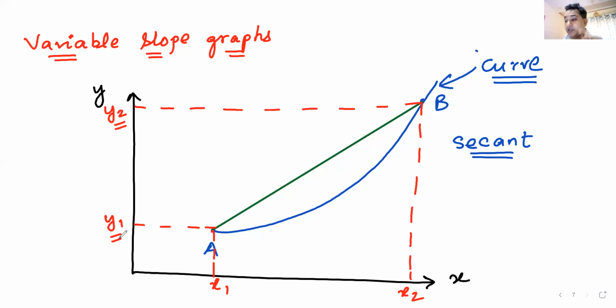Okay. This green line is intersecting the curve at 2 points, A and B, namely, this line is known as secant of the curve. Am I clear with this concept? Secant, a line that intersects at 2 points. Now,